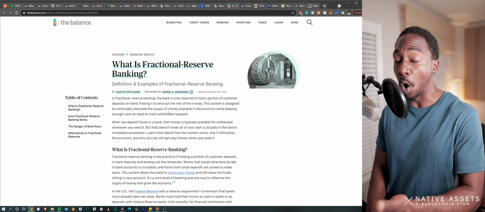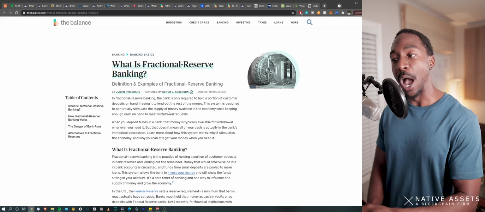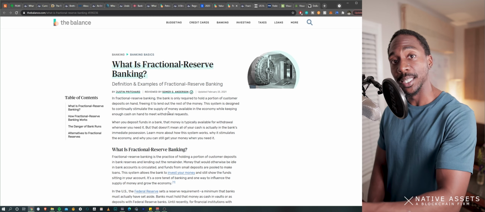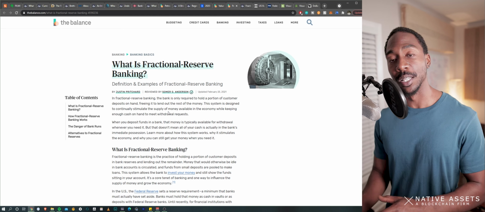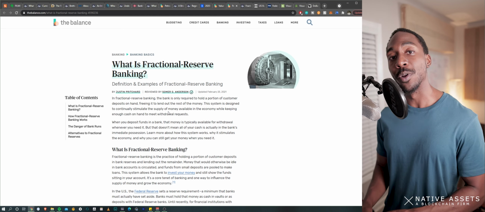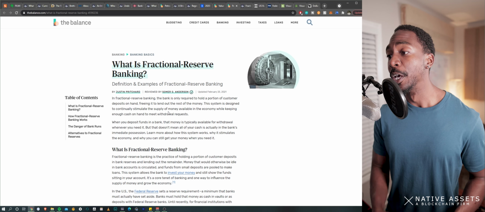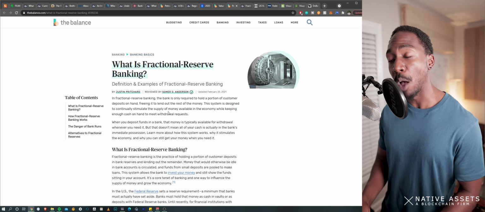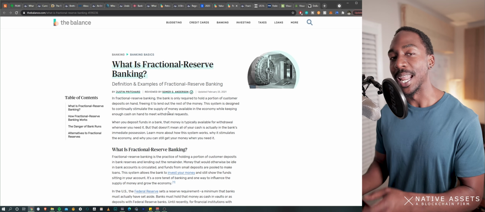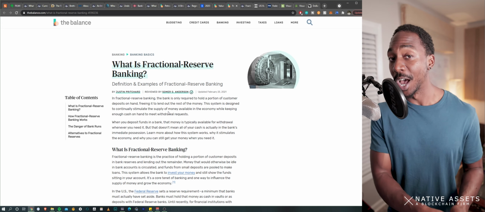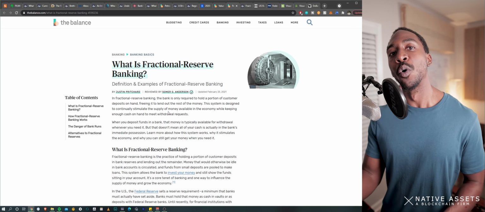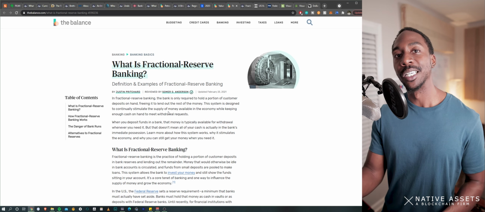And mind you, these could all be clients in the same bank. So now this client had $90,000 in the loan that they got, either directly funded to their account or they moved into this account. And the bank only has to hold $9,000 of their money. So then they take $81,000 and go lend it out again. And that next person, guess what? The bank only has to hold $8,100. They take the rest, they go loan it back out. And they do this on and on and on.